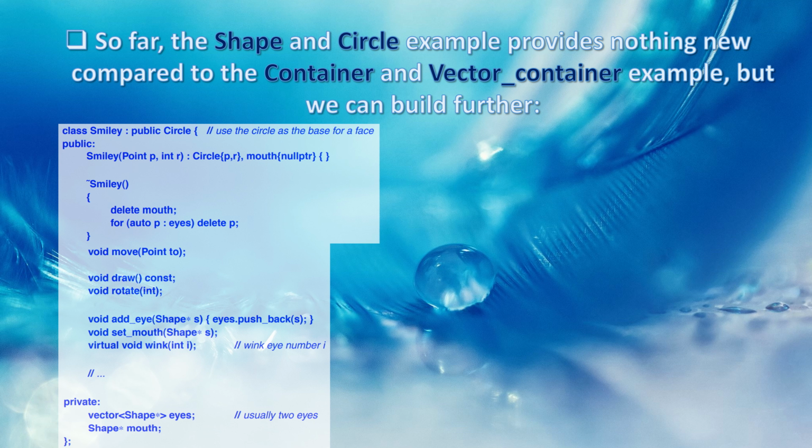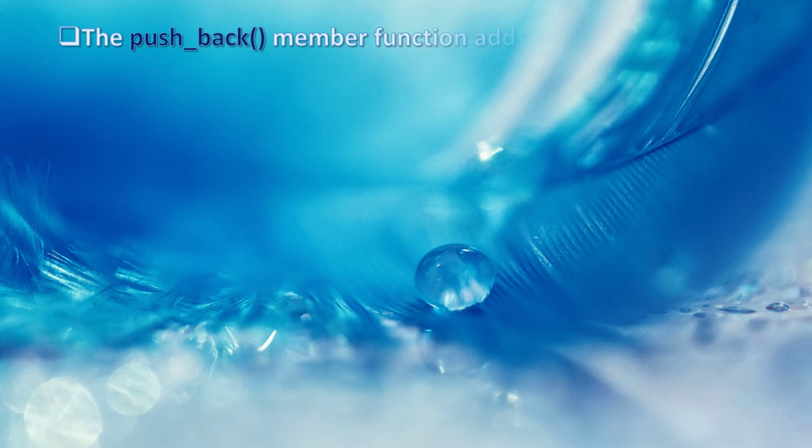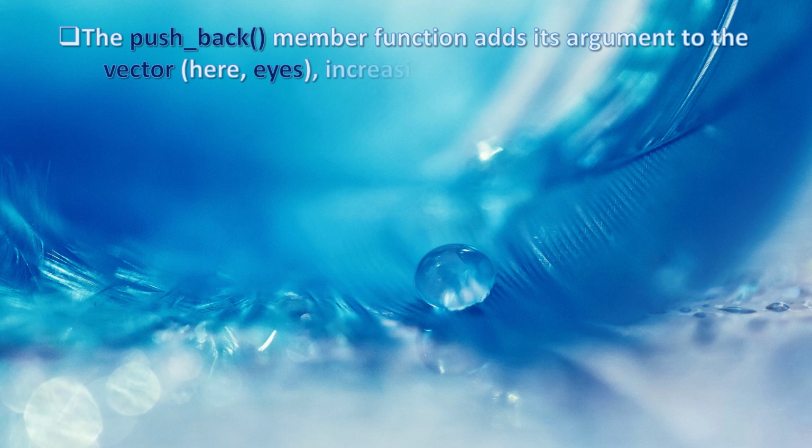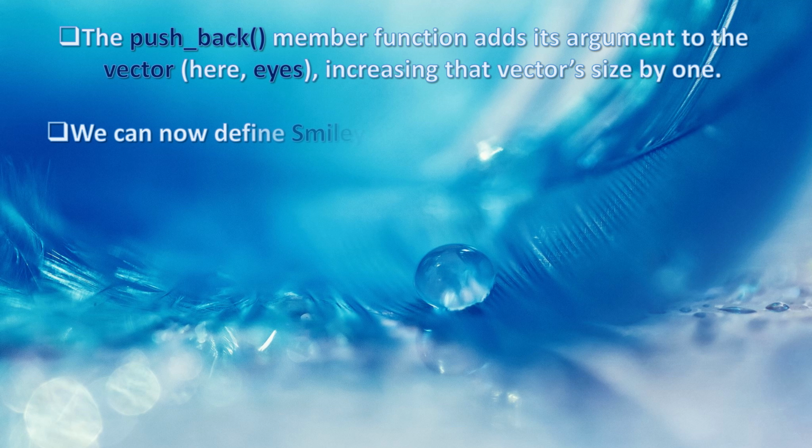Void set mouth, shape pointer s. Virtual void wink, int i, wink number i. Private. Vector eyes, usually 2 eyes. Shape pointer to mouth. The push back member function adds its argument to the vector, here eyes, increasing that vector's size